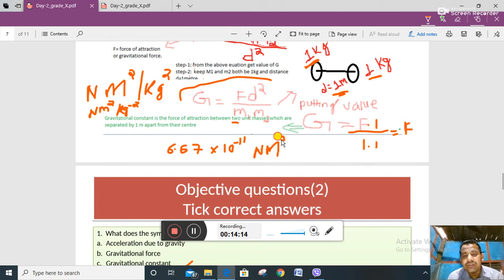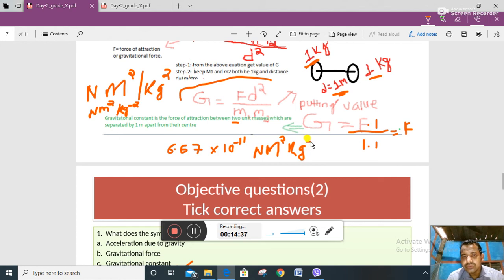How we got the value is by placing 1 kg masses and separating them by a distance, and they tried to find out the value of force, and they found this one. I think they did it in a very sophisticated lab with high precision, and that's why they got it. Kg